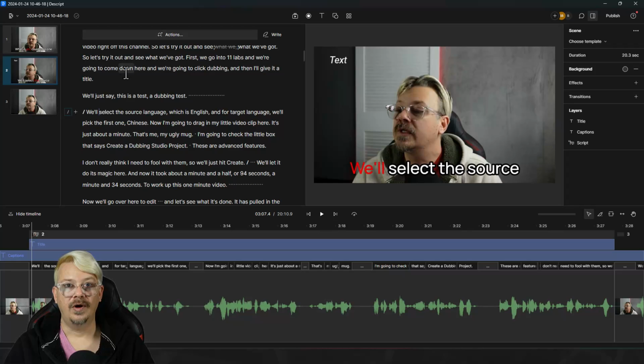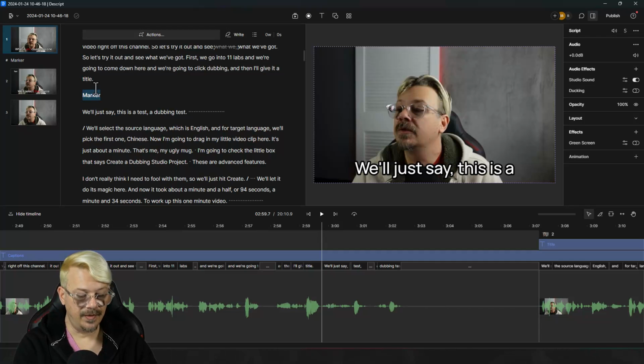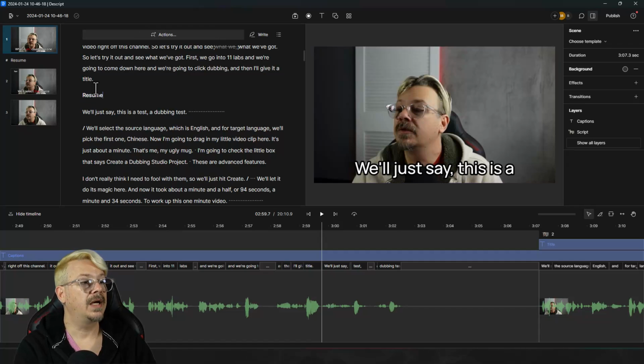For example, one feature I use a lot in Descript is markers. It looks like this, and then you can change the name of that. One thing I do when I'm editing and I need to walk away, make a marker that says resume editing here. You can also use markers to define different parts of the project, break it up into sections so that you can find what you're looking for. It can also be used to separate sections, and then you can export based on those markers.